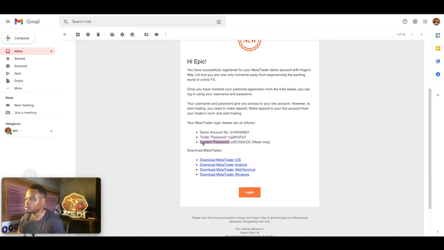An investor password is for when maybe you're trading for someone else and they want to be able to observe your trades on Metatrader, see how much they're making in profit, see how much they're losing, etc. Then you can give them this password. They won't be able to execute trades or manage trades, but they'll be able to view what's going on. So now let's go over to